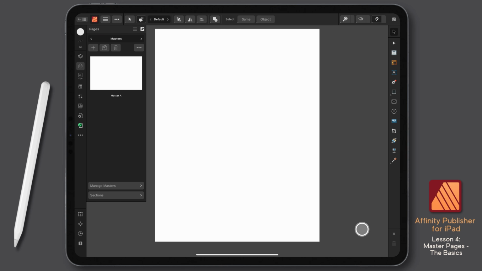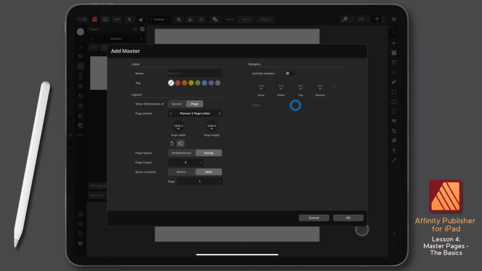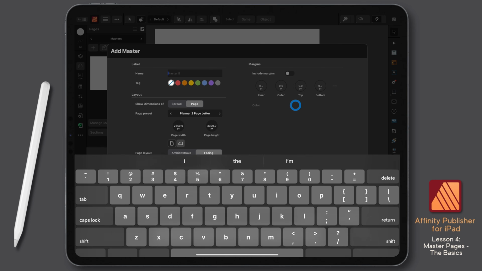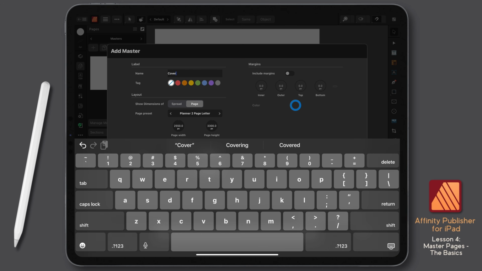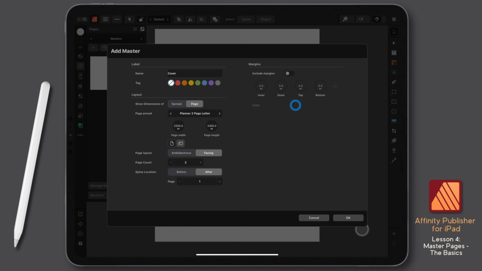Now in my case, my planner is going to have a single page, and you can see that's already here because I started my pages on the right. I want to create a master page that's one page only so that I can tie this page to it. So I'm going to take an additional step. Instead of just tapping on the plus sign, I'm going to tap and hold, and it's going to bring up this dialog box. I'll go ahead and name this cover, and I want to keep the dimensions the same, but